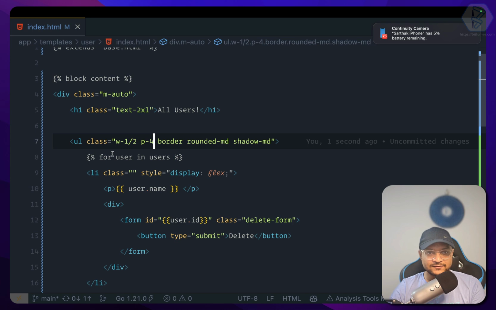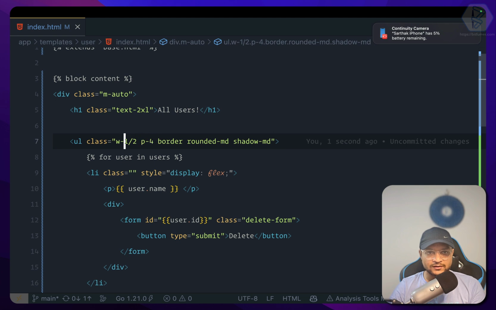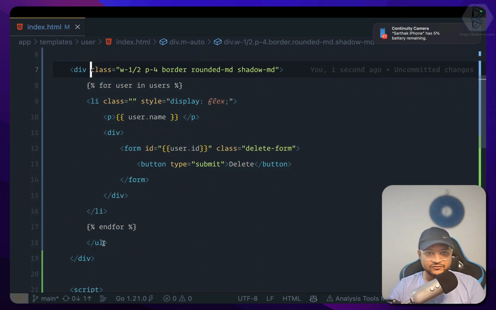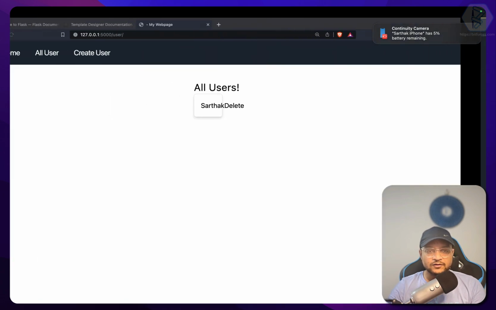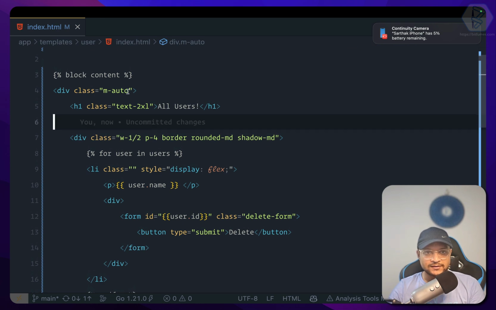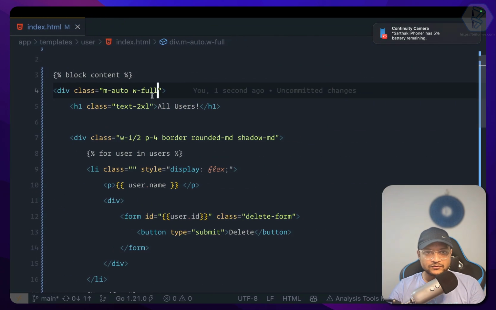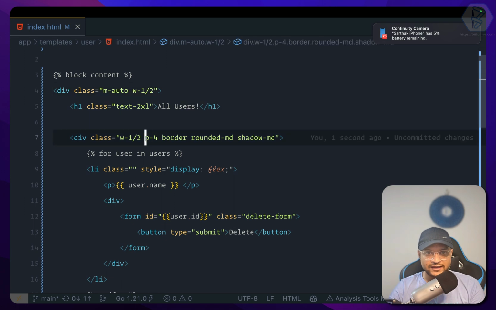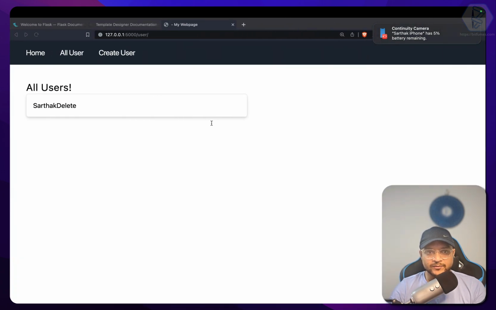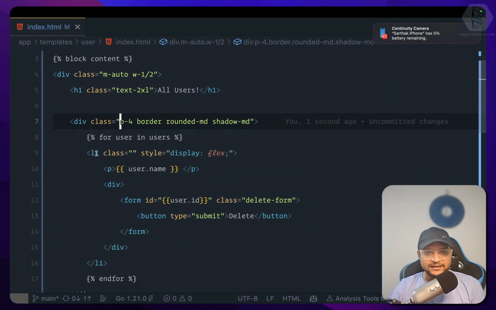That's also nice. And I think I need to use, instead of UL, make it a div. Okay, so we made it a div, so let's convert this as a div. Great. Okay, so it should have a width of full. Okay, so with 1/2, if I do that and remove the width from the inner div, now it's looking good. Okay, so we have this user 1, and let's make this as